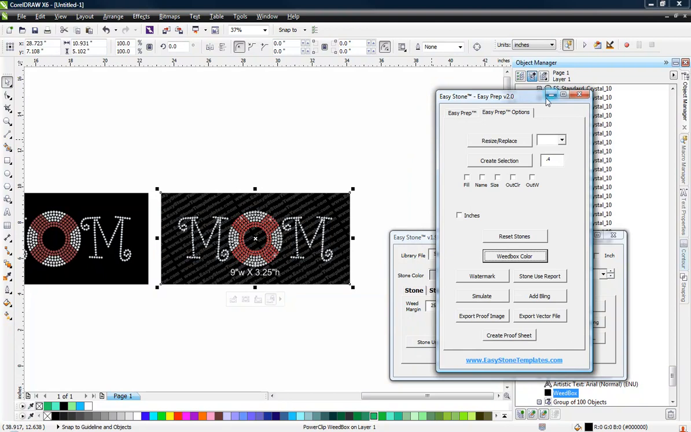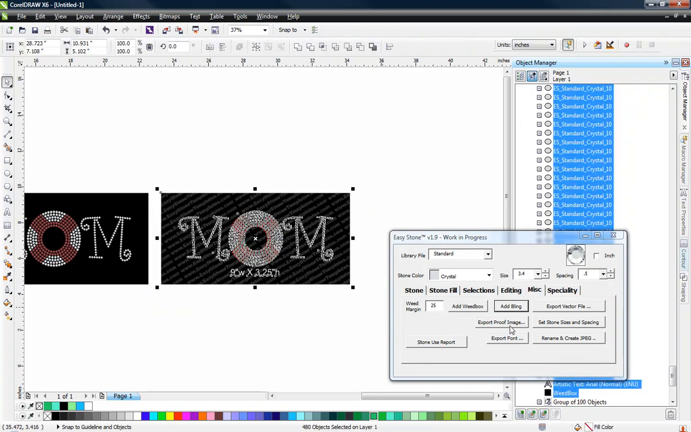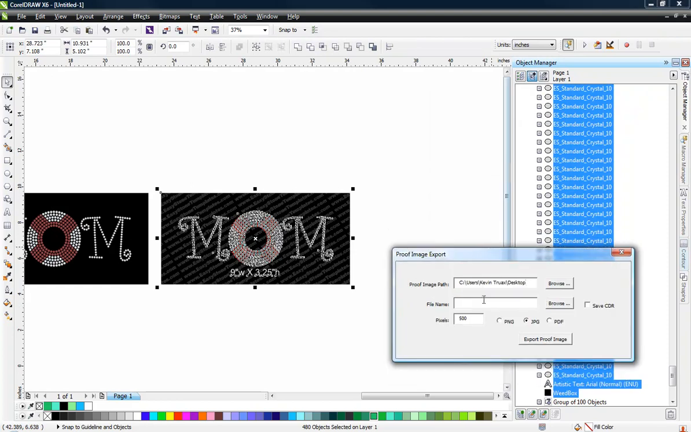And then you could use Easy Prep, or you could do it here in Easy Stone too. The next step, of course, is to create a proof image for the website. So we'll go ahead and choose Export Proof Image, and we're going to give it a name. So let's go ahead and give it 12/29/12, or I tell you what, let's just do 12/30 12-EST-swim,